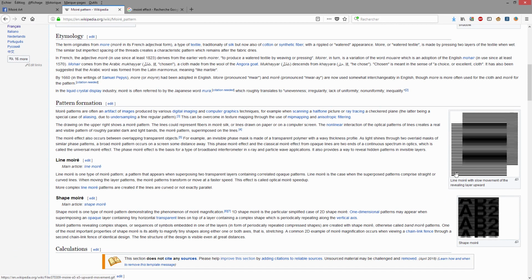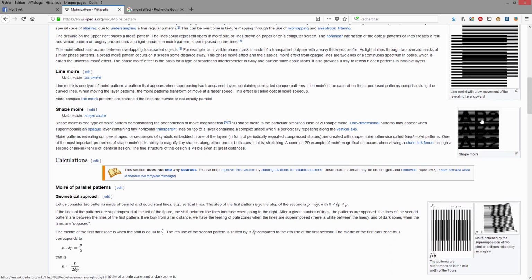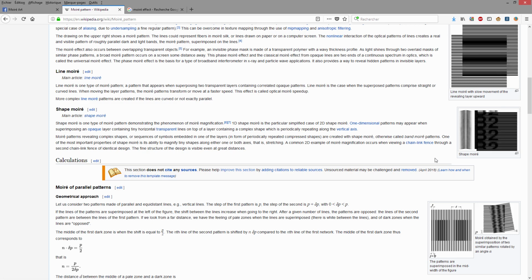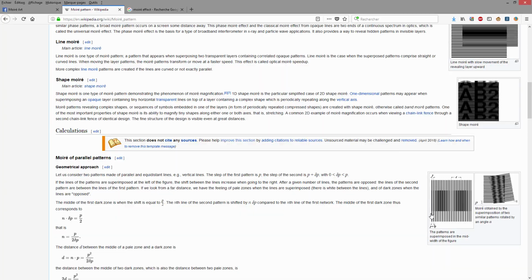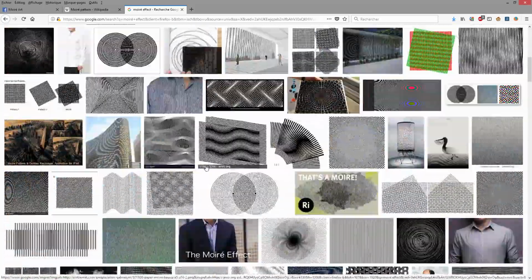Look, here the background is static. And here just some horizontal lines moving, but they are not moving a lot. But when there is intersection, we can see that. You see, it's amazing. Same here, very strange. I tried to figure out how they do it, but I got a headache. Look, very amazing. So a few examples here, and also on Google you can find more examples.